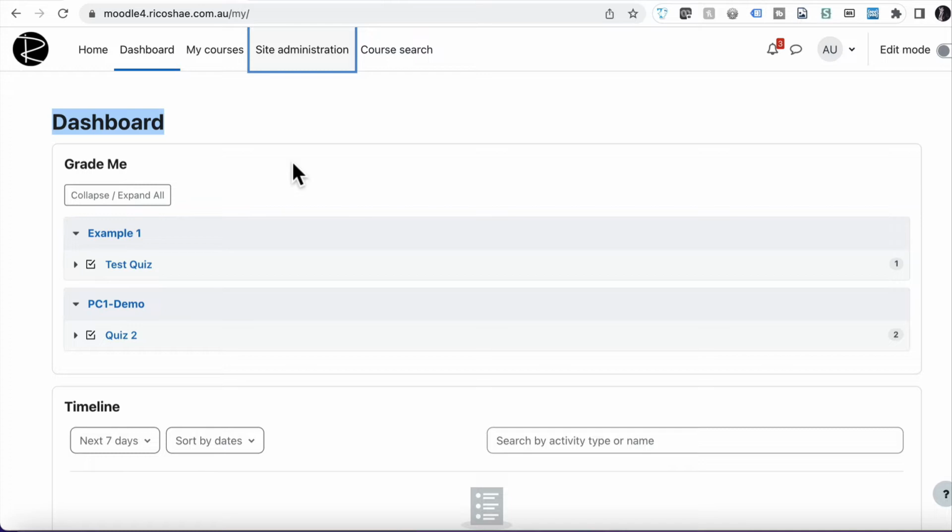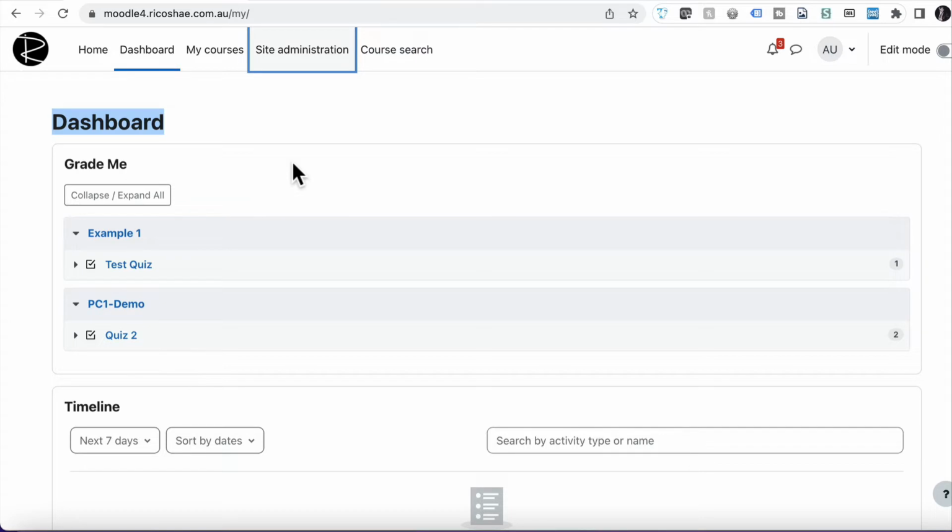But today we're going to look at the dashboard, and specifically we're going to look at how we rename the word dashboard, or in fact a lot of the other terminology that might be in our Moodle platform. This is especially for site administrators, and it's to do with what's called the language file. The way Moodle works is that terms or phrases or words that appear in the website, for example, like dashboard,